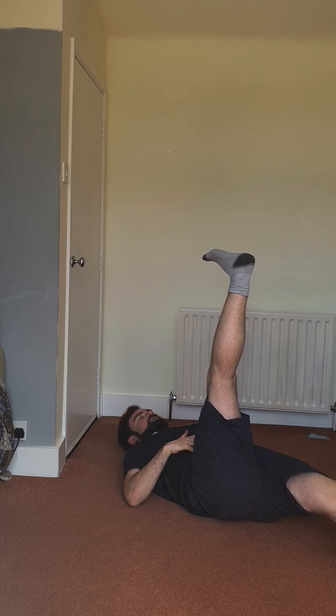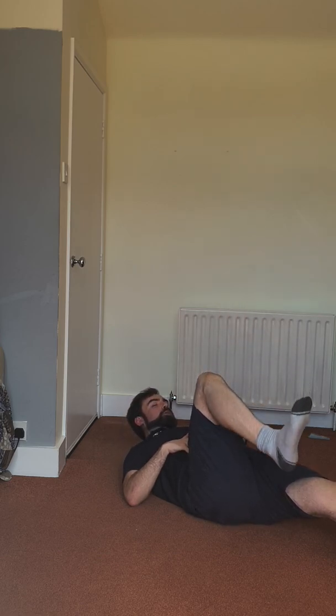So just a couple of seconds squeeze at the top. If you're doing 4 on each side, try and take about 4 to 5 seconds